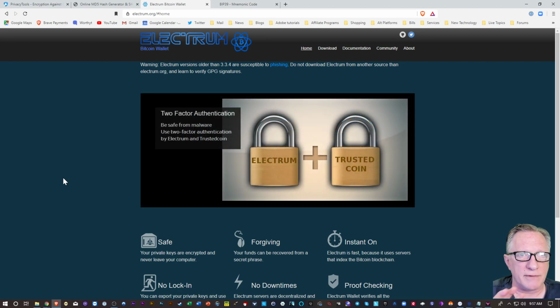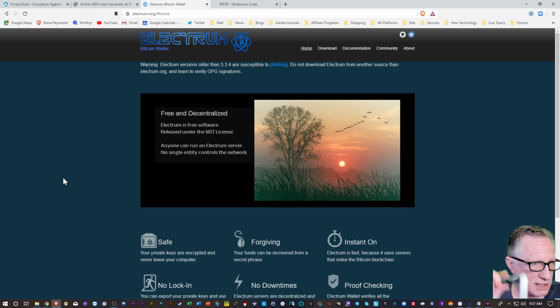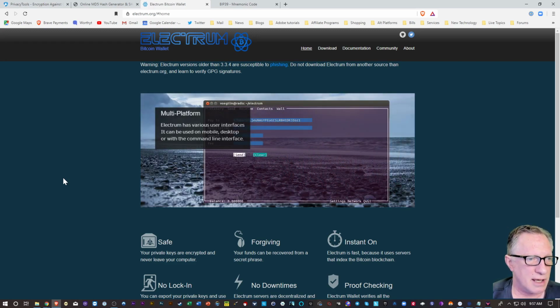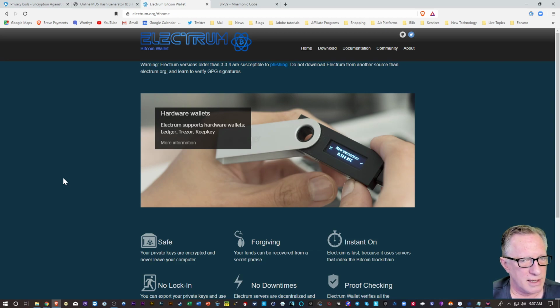So if any of these products, the Electrum software wallet or the Ledger Nano X, were generating or came pre-configured with private keys or passphrases, it would be obvious. It would immediately be known. So you can trust that this is generating random private keys.